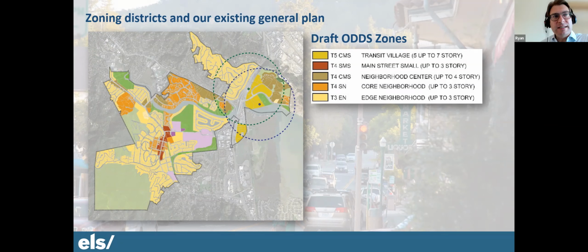T3 is called edge neighborhood in the Opticos standards, but it's really your lower density, single family detached, also according to the boundaries in your general plan.